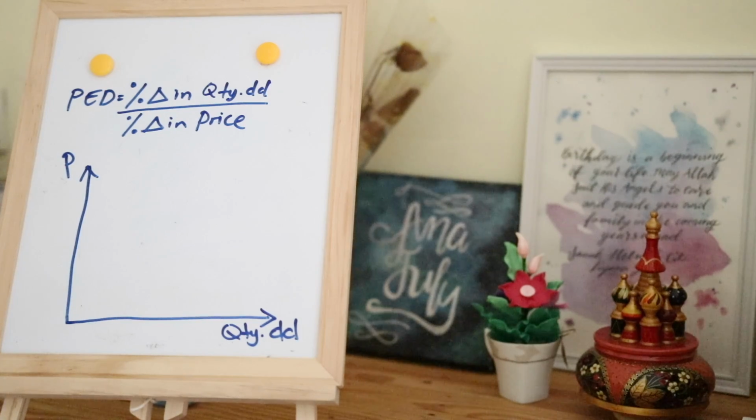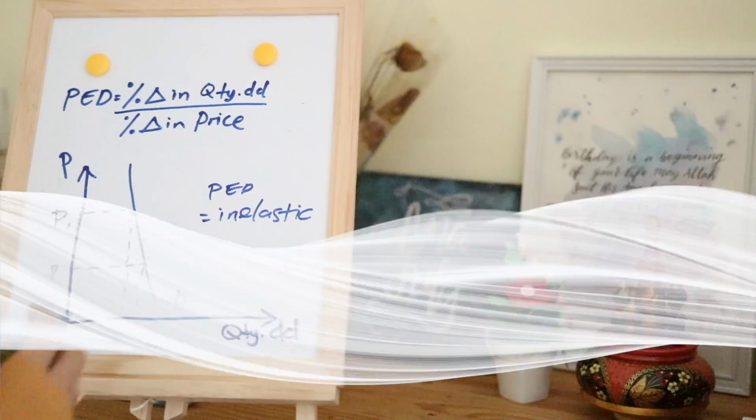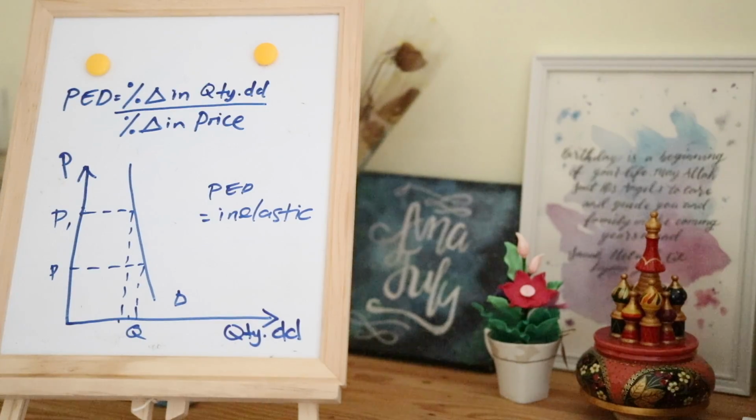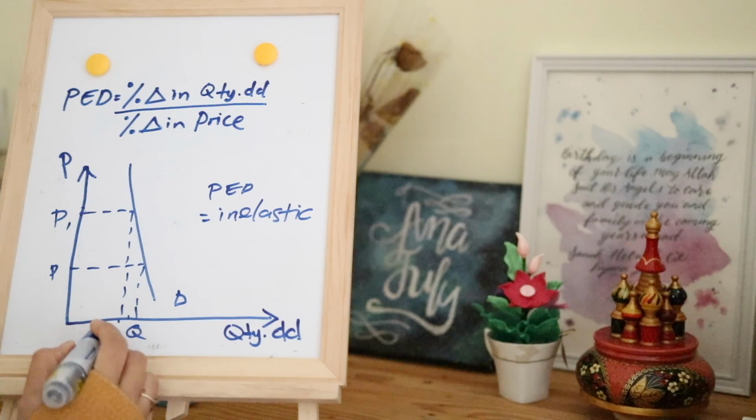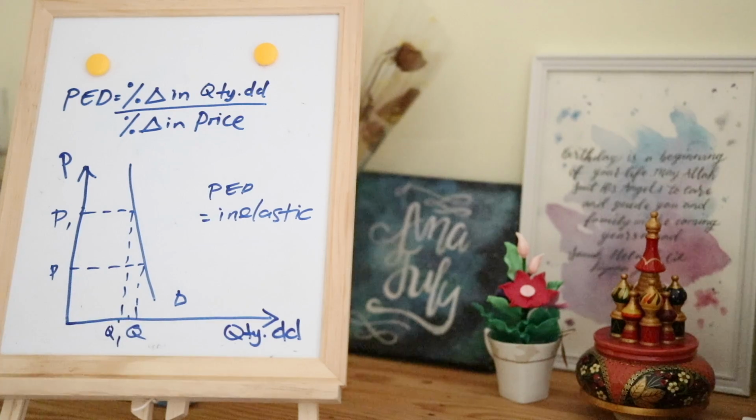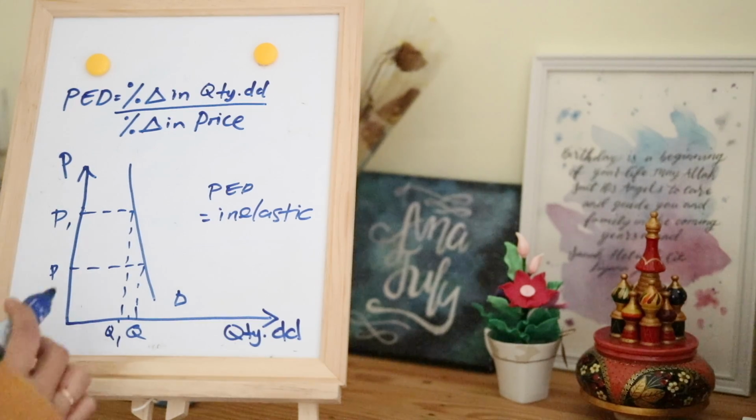Let's do the first type of price elasticity of demand. As you know, law of demand, increase in price will lead to decrease in quantity demanded, isn't it? Right? But when you look at this price elasticity of demand, we are talking about its responsiveness. How large is the percentage change in quantity demanded to a change in price? When you look at this area,